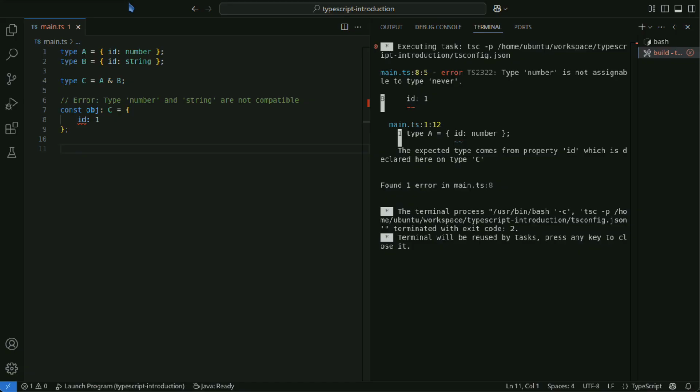In this example, the ID properties of A and B conflict, causing an error when defining an object with type C. In such cases, a design review is necessary to avoid property conflicts.